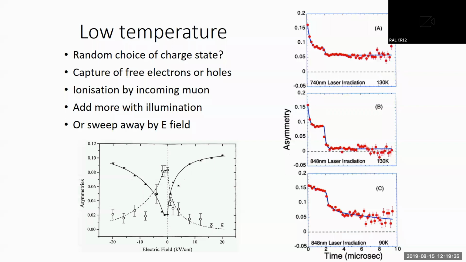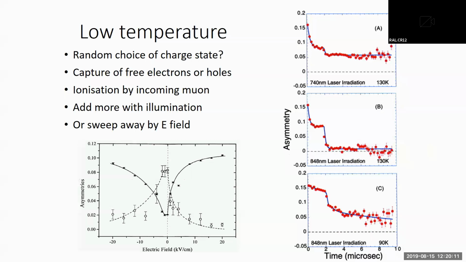We can also do experiments by illuminating the sample to generate electron hole pairs across the gap. So the illumination experiments here, this is the laser light example being pulsed in at about 2 microseconds. Little step here. You can see a rapid increase in relaxation rates, a little more electron hole pairs into the sample. And in this experiment we use different wavelengths, effective cross sections of countries.